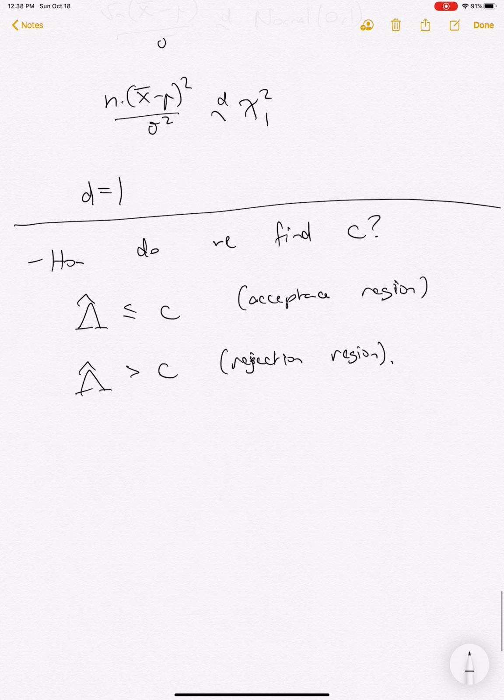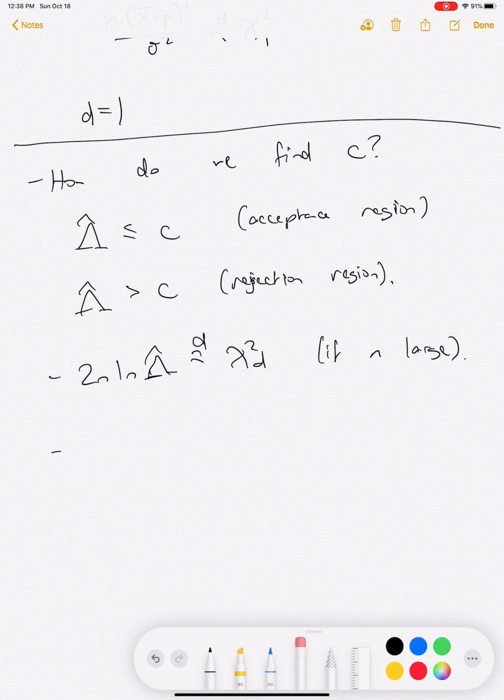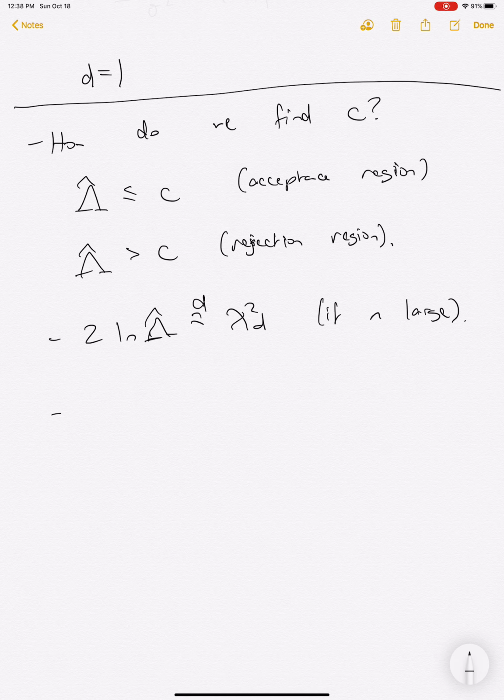Okay, so we know that -2 ln of gamma hat is approximately chi-squared d if n is large. So again, we use an approximation here. So therefore, we're going to say that, negative 2 ln gamma hat is